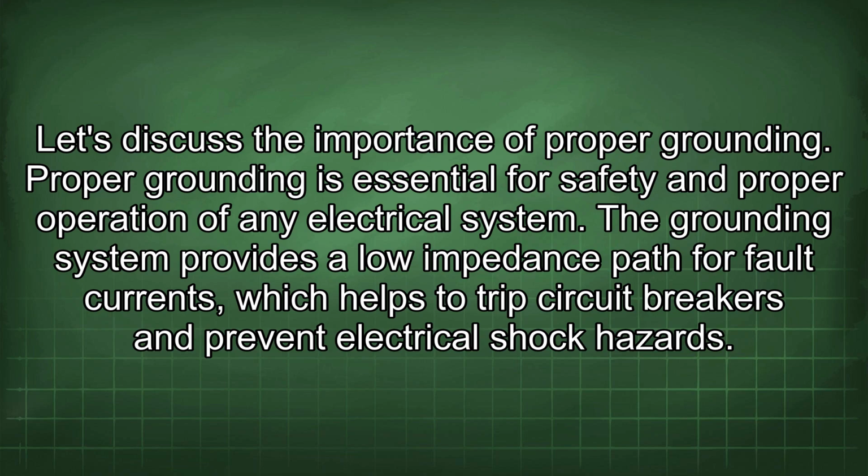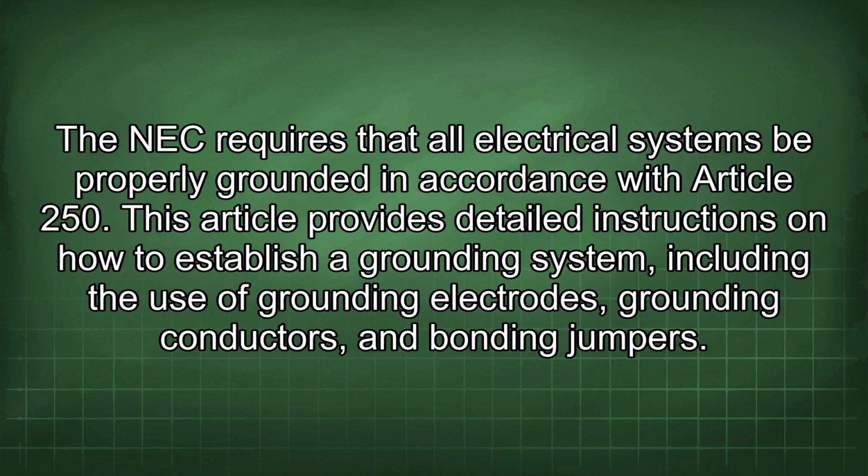The grounding system provides a low impedance path for fault currents, which helps to trip circuit breakers and prevent electrical shock hazards. The NEC requires that all electrical systems be properly grounded in accordance with Article 250. This article provides detailed instructions on how to establish a grounding system, including the use of grounding electrodes, grounding conductors,